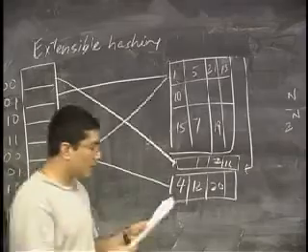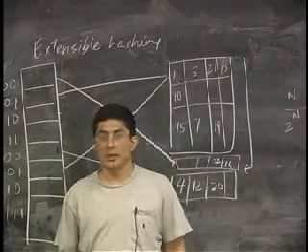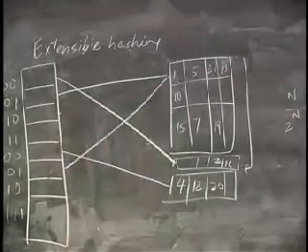Okay. So this is extensible hashing where you do directory doubling. Okay. Now let's look at,